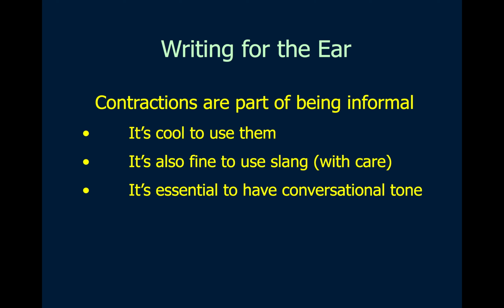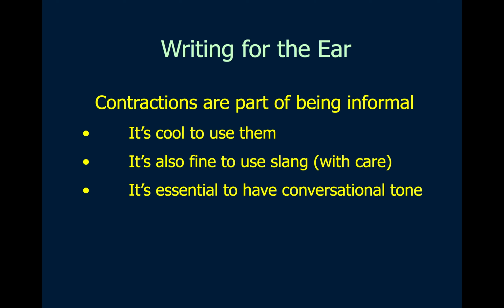It's also okay to use slang with care. Now, what do we mean with slang? We mean words that people use on an everyday basis that make sense to them. So, for example, what school are you attending right now? Lyons Township. But what do we call it? Well, we call it LT. But we can't use the slang LT if we're talking on ABC7 in Chicago or on a radio station in Chicago, because LT also stands for Lane Tech, which is a high school on the north side of Chicago. It also stands for Lockport Township, because that is what they call their high school out in Lockport. We call it LT. They call it LT. Who's LT? Well, at WLTL, LT is okay because we know what we're talking about, but on a bigger station in Chicago, it might not be.